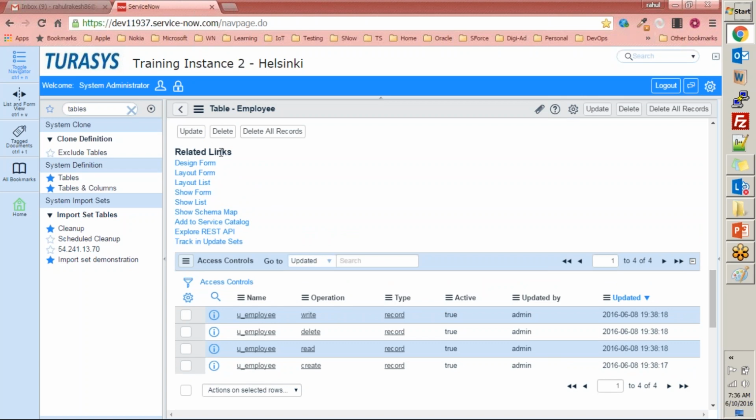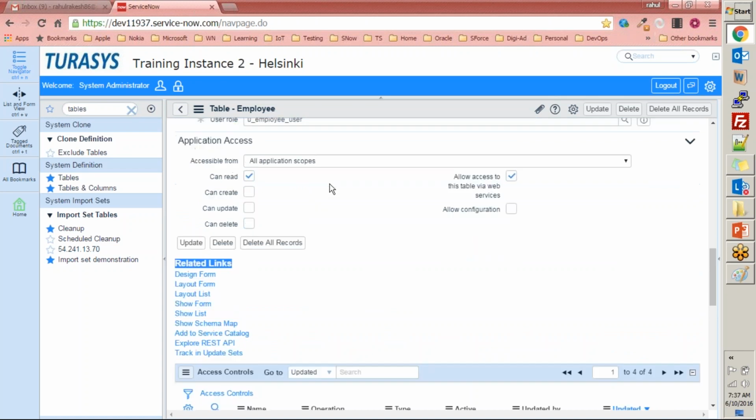This label reads related links, meaning these are the links or shortcuts which are related to this table. ServiceNow has this very powerful feature that will show you all related links or related stuff, the activities that you can do, on the form itself, and you can go ahead and open that link to see what it does. For example,